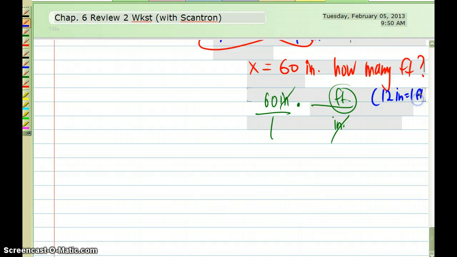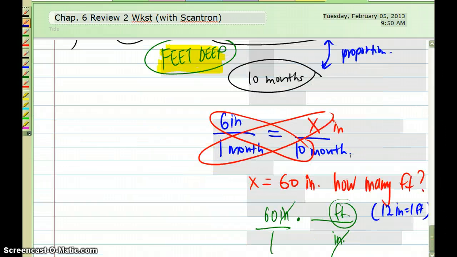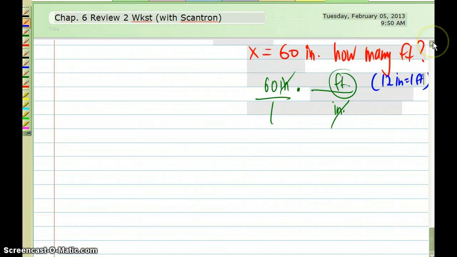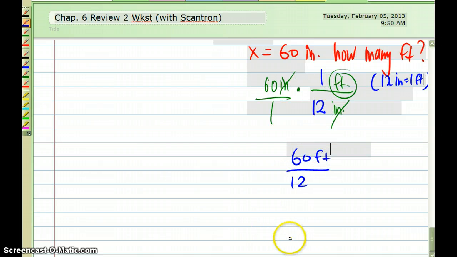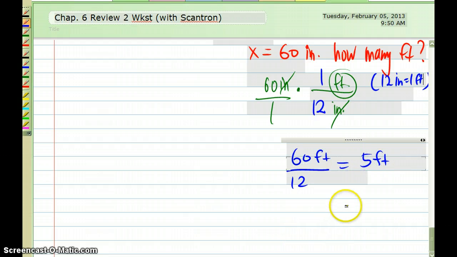So then I can use my information that 12 inches is 1 foot. Sorry about that. I have 12 inches here and 1 foot here, which means I'm going to take 60 feet divided by 12, which is the same as 5 feet. So yay, there's 5 feet. Now let's